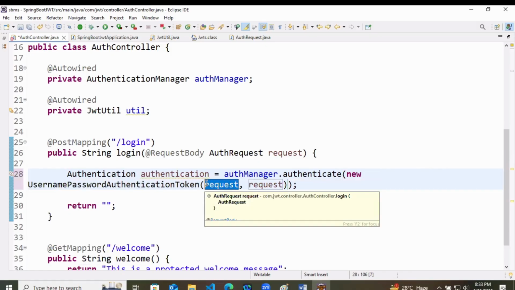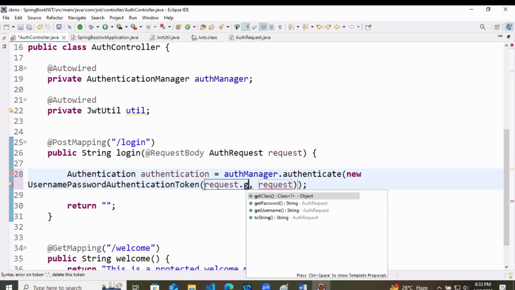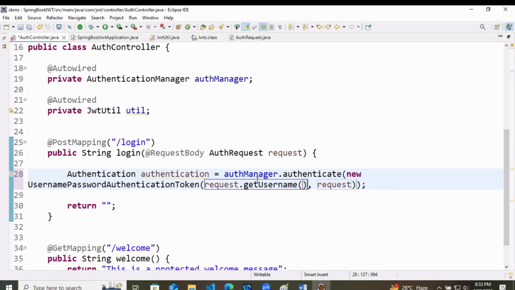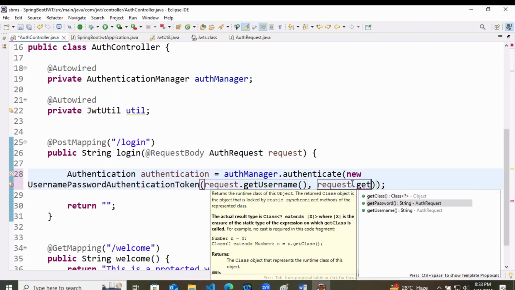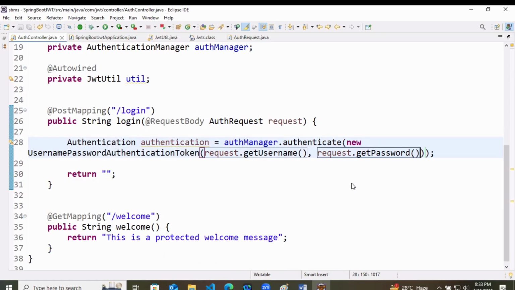Now, how are we going to generate the token? Already it will have a request. Request is coming from somewhere. So here I will say request dot get username, and second is request dot get password. Whatever the user is sending to you as username and password, we have to authenticate them.